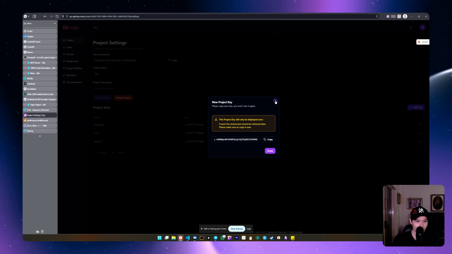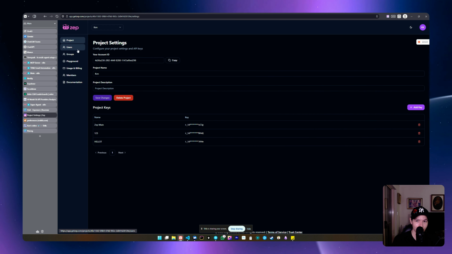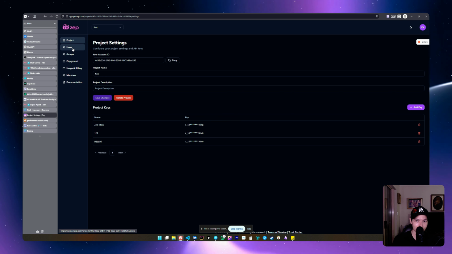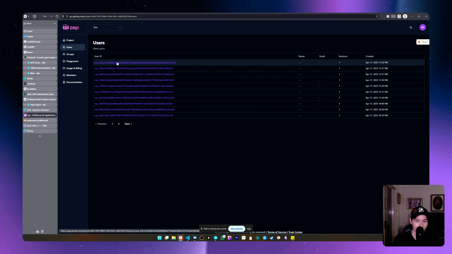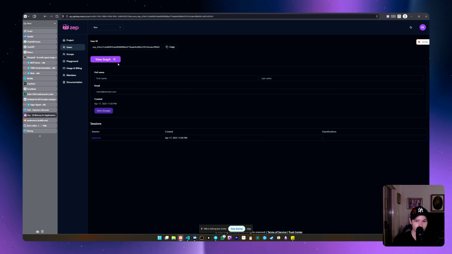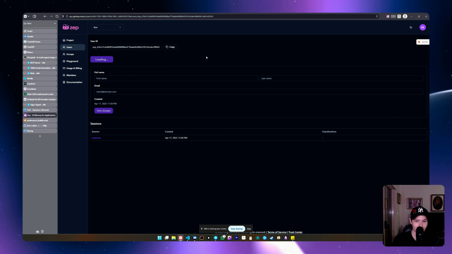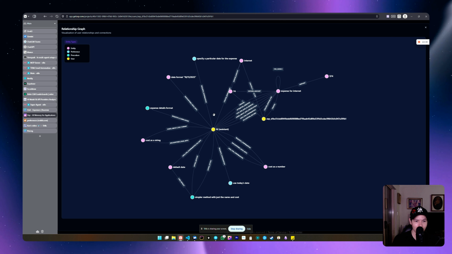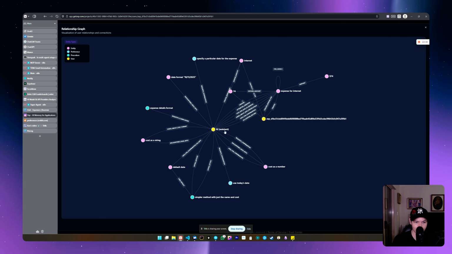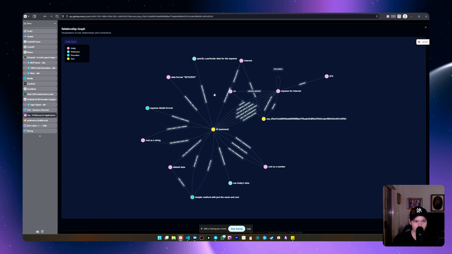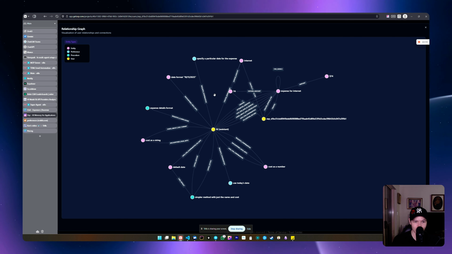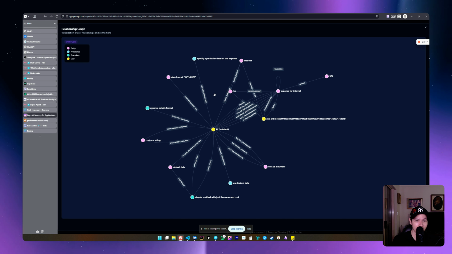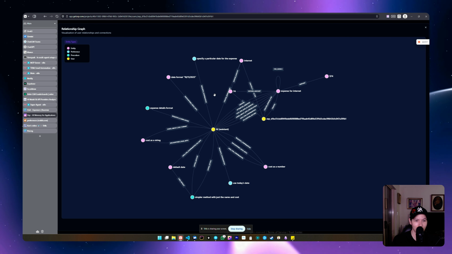And I'll just show you as well how this actually looks on ZEP. So to see your actual memories, we can click on users and we'll click on whichever one. And we can actually go to view graph. I've actually made a video on this already before. Now, over here, we can see how the memory is being used, okay? Because what ZEP is doing is actually using semantic search to search through the memory, okay? And this is how it's actually learning over time and searching for relevant stuff which is related to our query